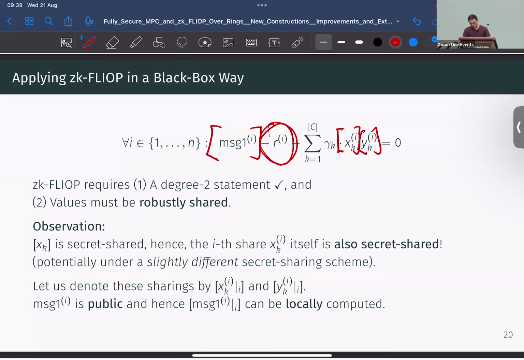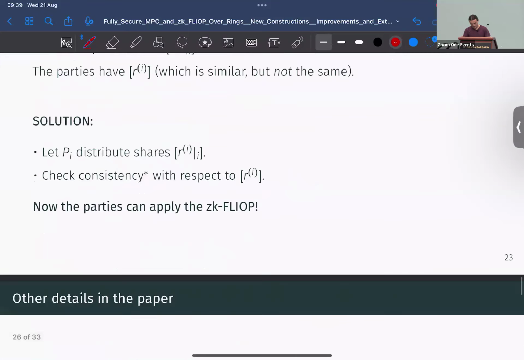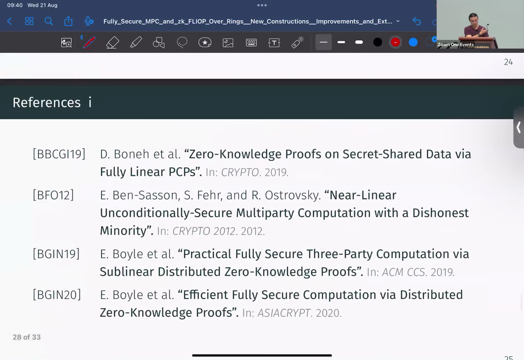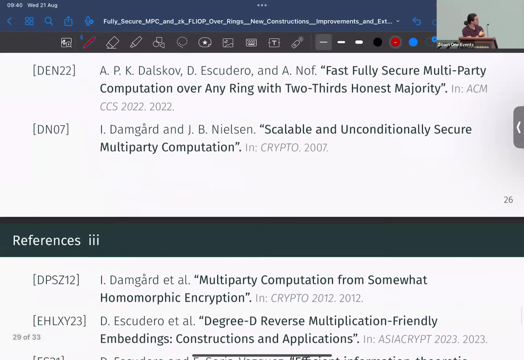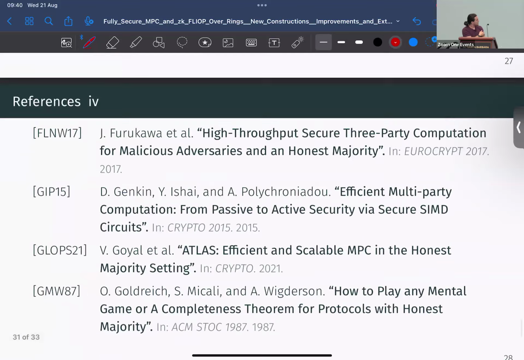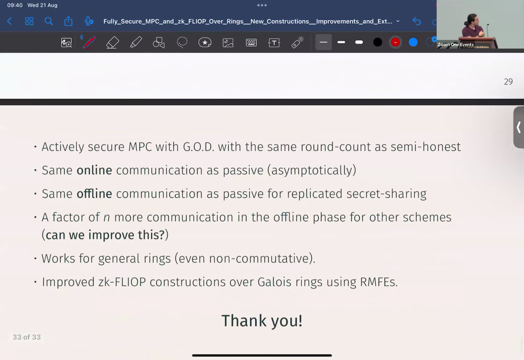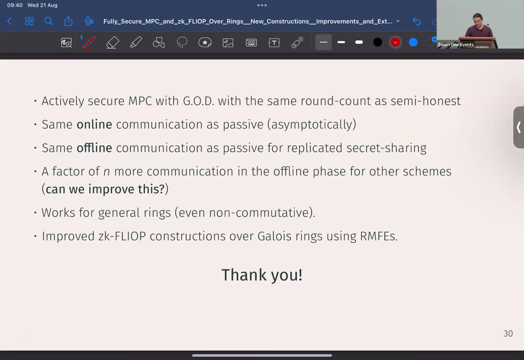Didn't get time to get to it. We'll scroll towards the end, just showing the references for completeness in the video, but of course the slides will be made available. And yep, these are the conclusions on the screen, and then thank you.